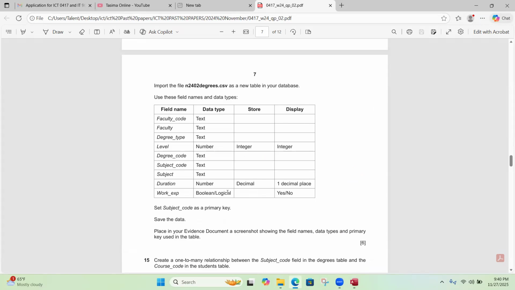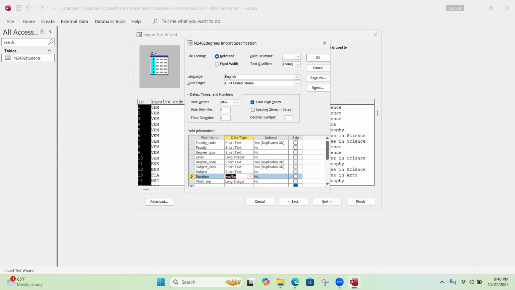Let's recheck. Duration is double, and then yes or no is on work experience. Okay, so work experience is the one that has yes or no. Then duration, this is double because it's carrying a